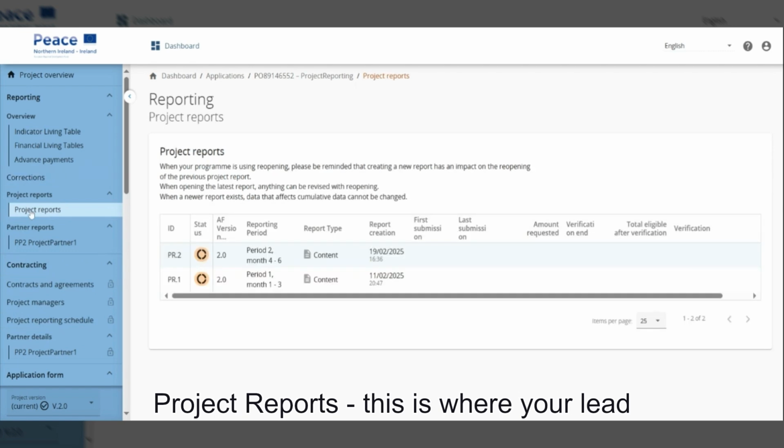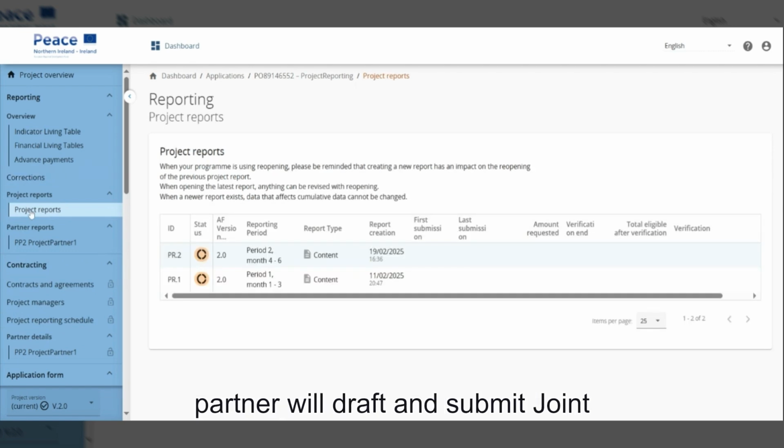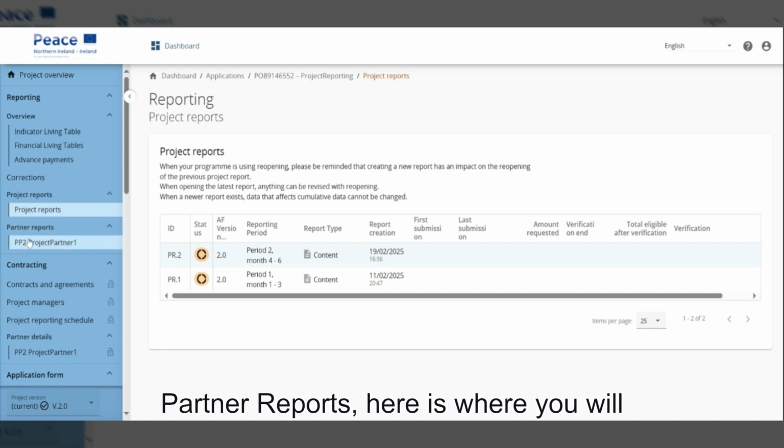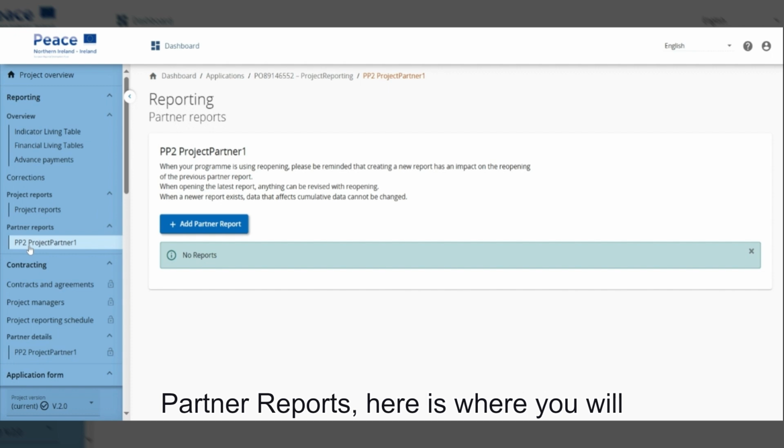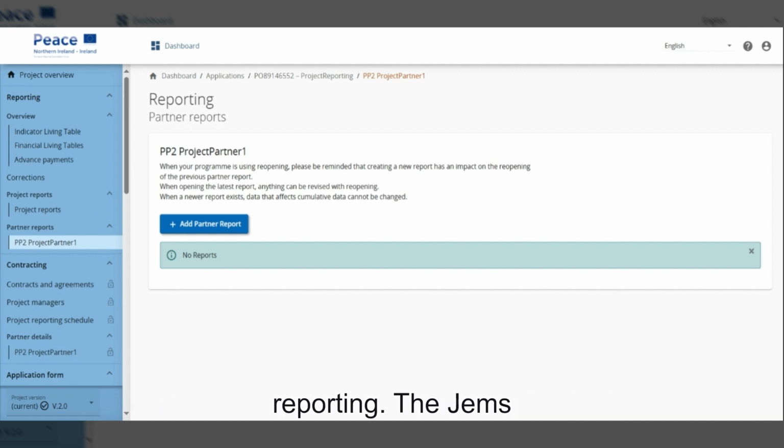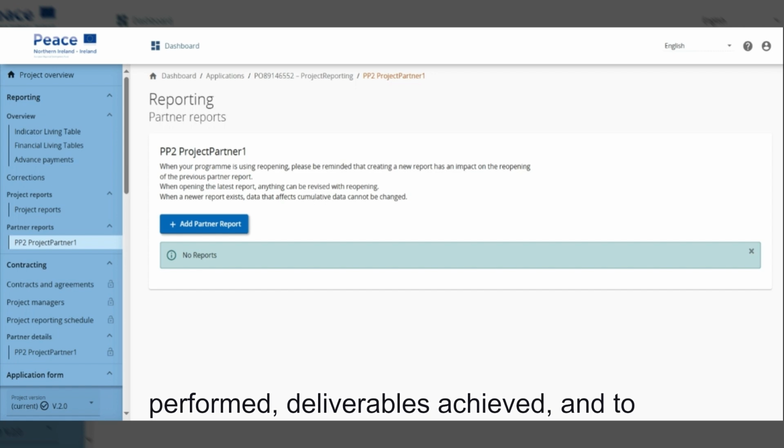Project Reports. This is where your lead partner will draft and submit joint content and joint finance reports covering the whole project. Under Partner Reports, here is where you will access your own partner organisation's reporting. The Jems Partner Report allows each project partner to report on activities performed, deliverables achieved, and to claim costs incurred